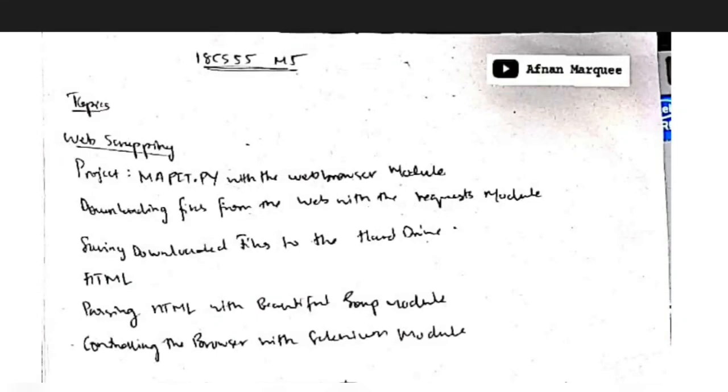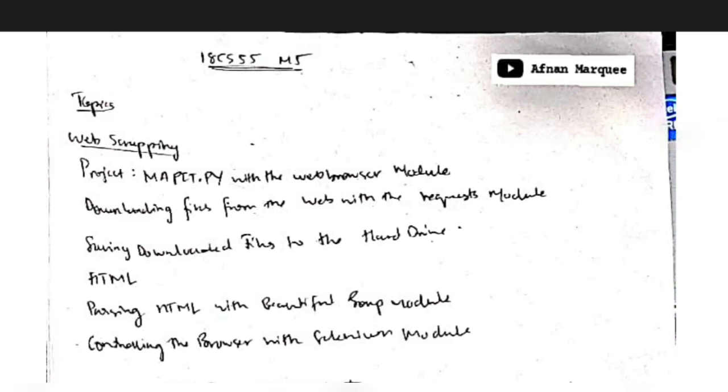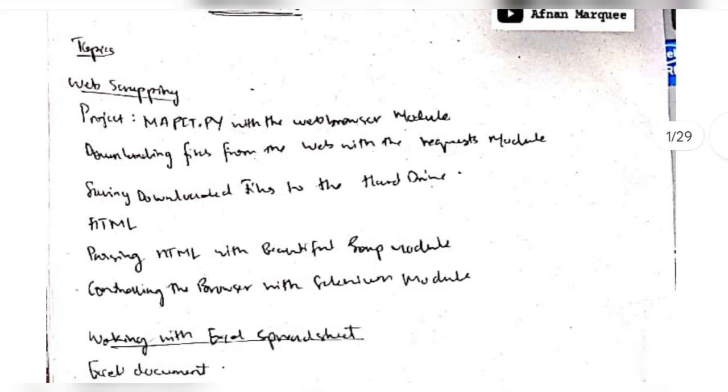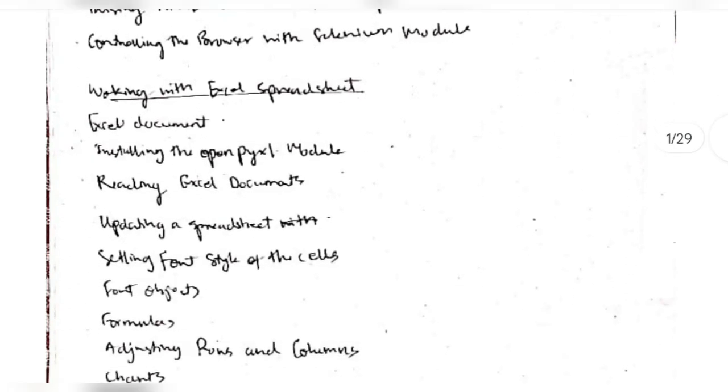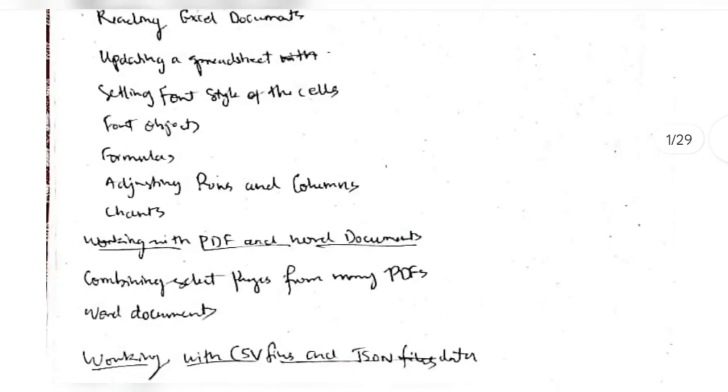Hello everyone, today in this video we'll be discussing module 5 of Python. We'll be discussing web scraping, which means getting text from the web, and also Excel spreadsheets, documents and